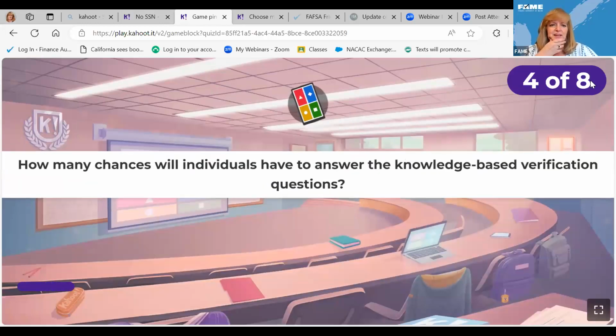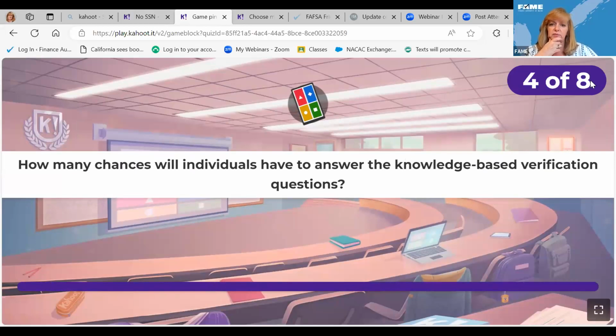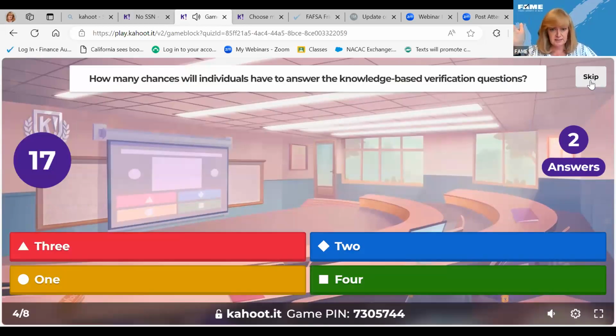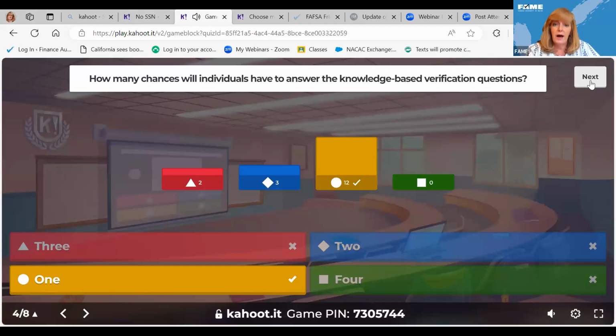Okay. How many chances will individuals have to answer the knowledge-based verification questions as we understand it today? 1, 2, 3, or 4? There's no 15-second one, there's not an in-between. 1, exactly.